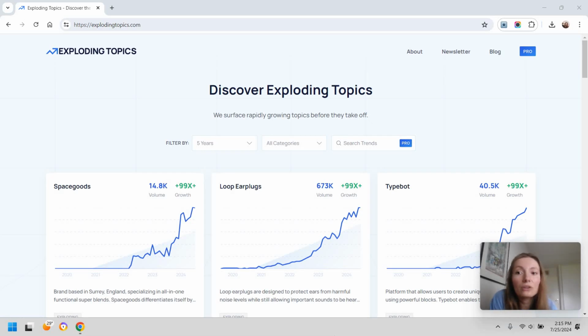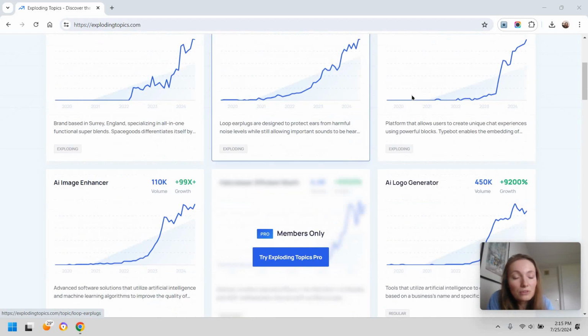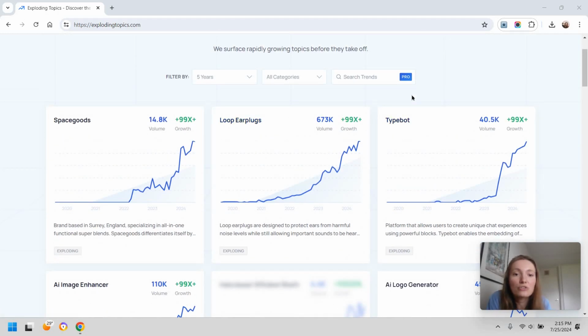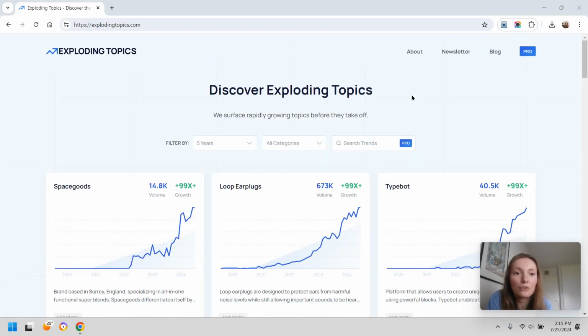So the website is called explodingtopics.com. Part of it is free to use, but if you want full access to all of these trending topics they're talking about, you need a pro account. Personally, I don't use the pro account just because there is enough content for me to cover just with the free option. So, what I would recommend doing is you already have a topic you want to cover for your